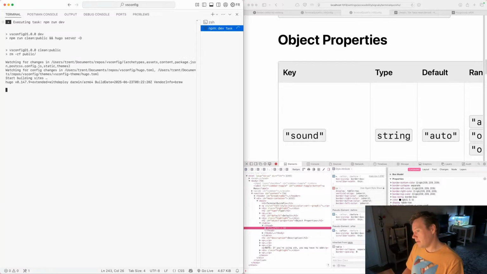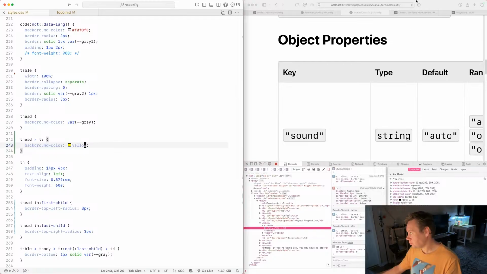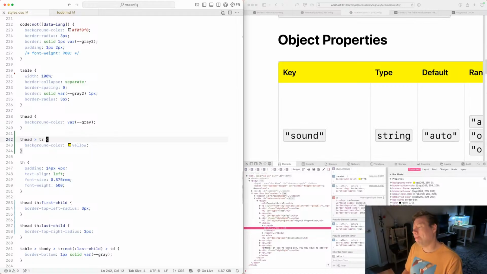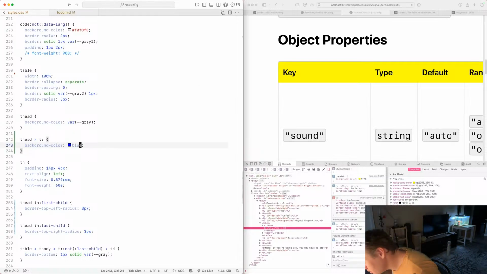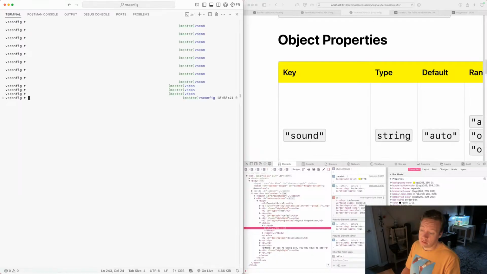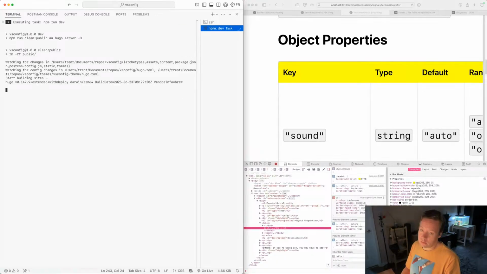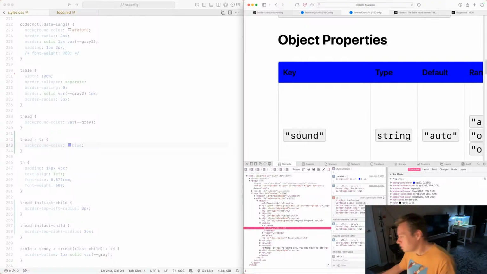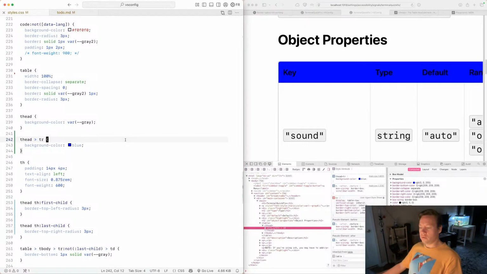See what that looks like. I think there's a gap there. Looks like a gap. What if I do